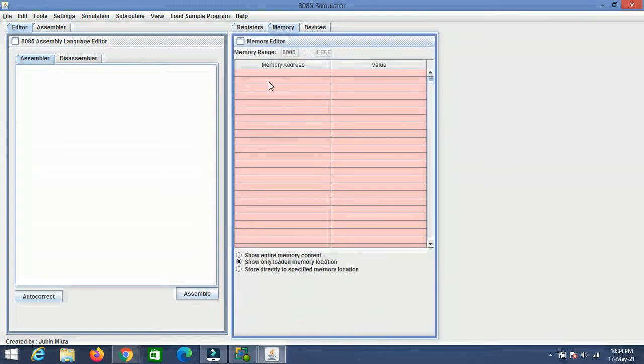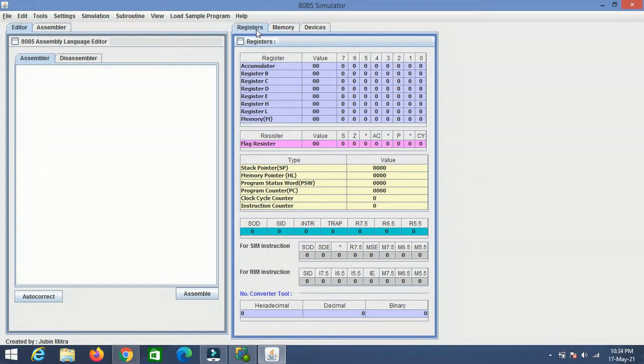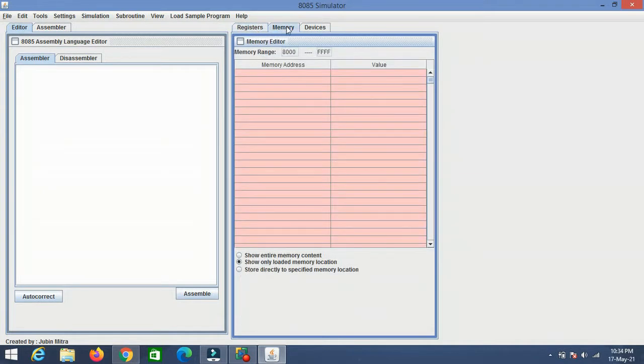So this is the window, this is the memory. Actually our first one was the register, and now I am showing the memory. In this memory window alone you could see the hex codes. Generally in 8085 the programs, the mnemonics, will be converted into hex codes. Those hex codes can be viewed at these memory addresses. Once you open up the simulator for the first time, you could see that by default the memory range is 0000 to FFFF, but here it is showing 8000.